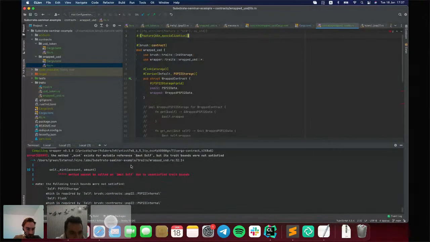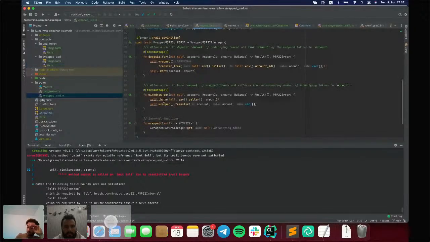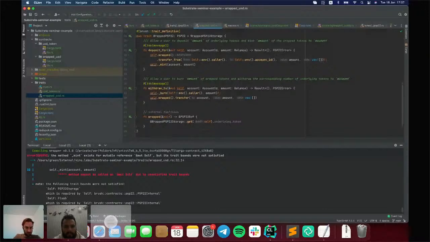And mint exists for mutable. Okay. It is here. Maybe you missed the PSP22 internal trait? I don't know if it's needed on wrapped PSP22.